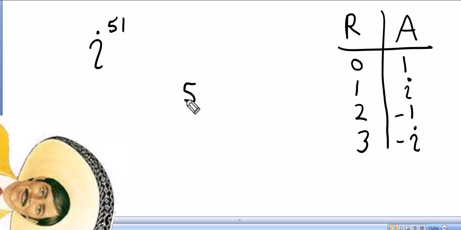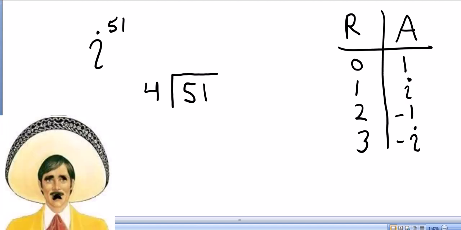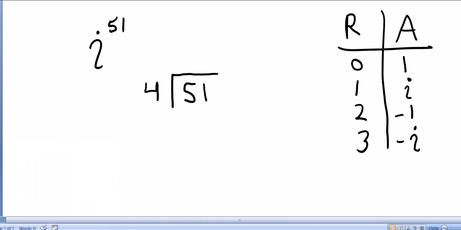You take that 51. Well, this one might be easy if you didn't pass your division in 4th grade. I'm going to divide this by 4. And why am I dividing this by 4? Spoiler alert. Because the answers cycle every 4 times. They cycle through 1, i, -1, -i. So I'm going to take this power and divide it by 4. And if I do that,